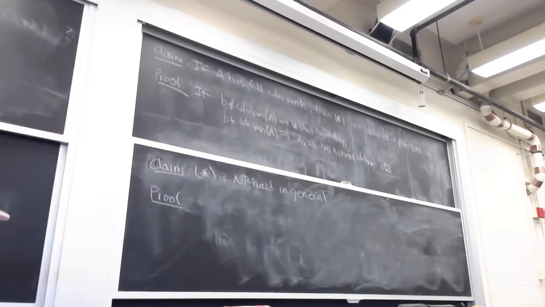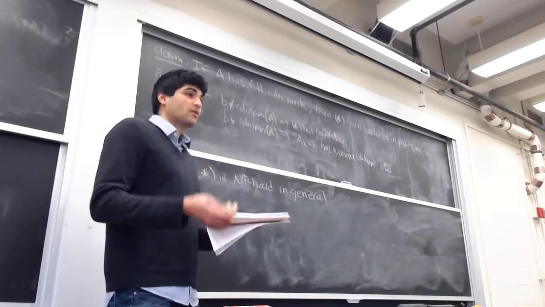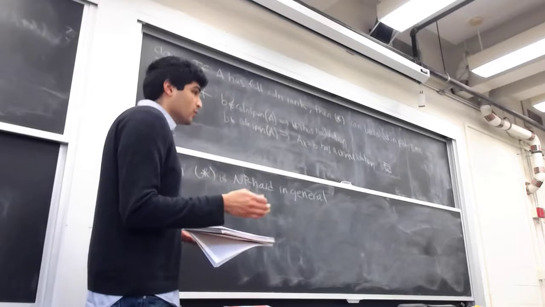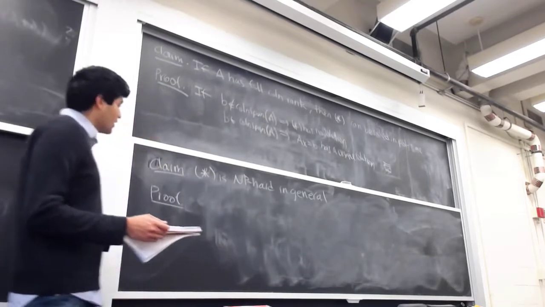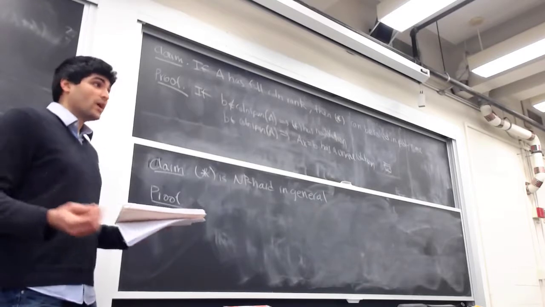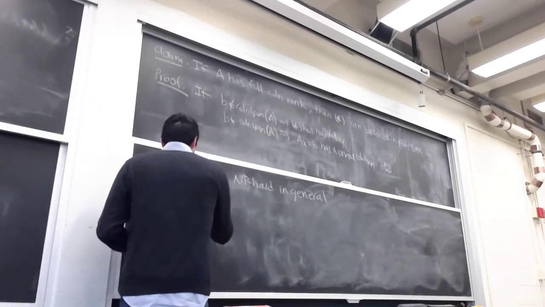So does anyone remember the Kruskal rank? Anyone remind me what Kruskal rank is? Maximum R for all subsets in a set of vectors that are independent? Yes. So it's the largest R. Given a collection of vectors, it's the largest R so that every set of R of them are linearly independent. And when we talked about Kruskal's uniqueness theorem, we proved that the Kruskal rank is hard to compute. So just to remind you about this,